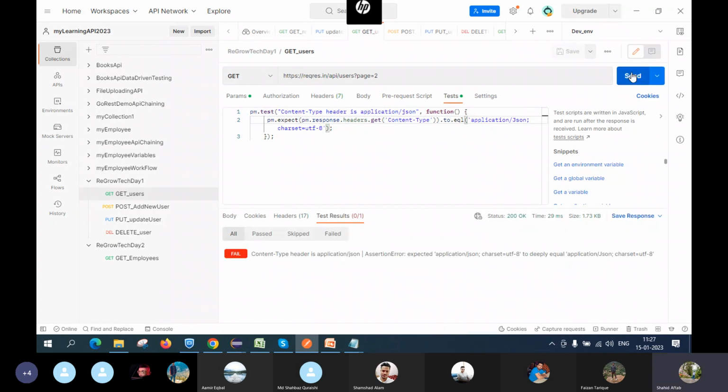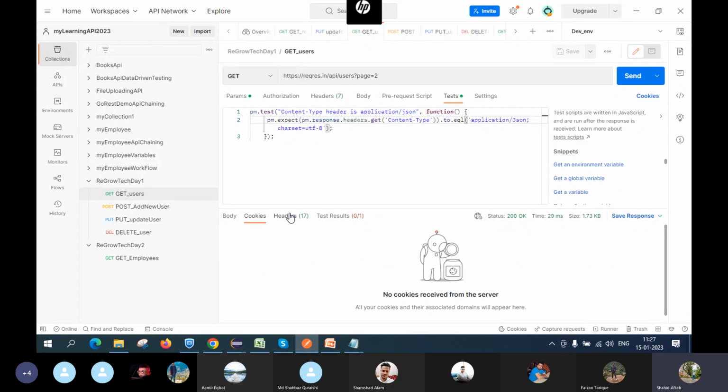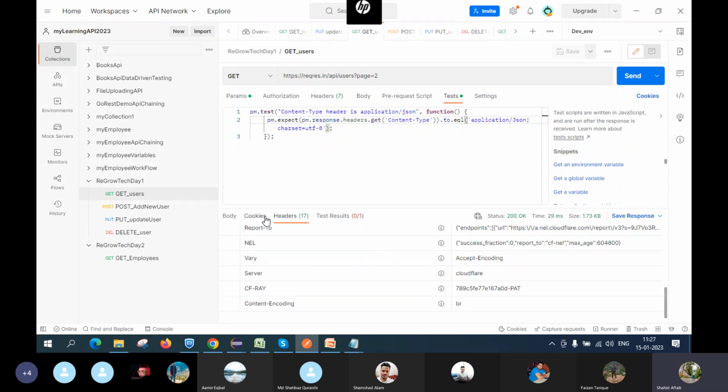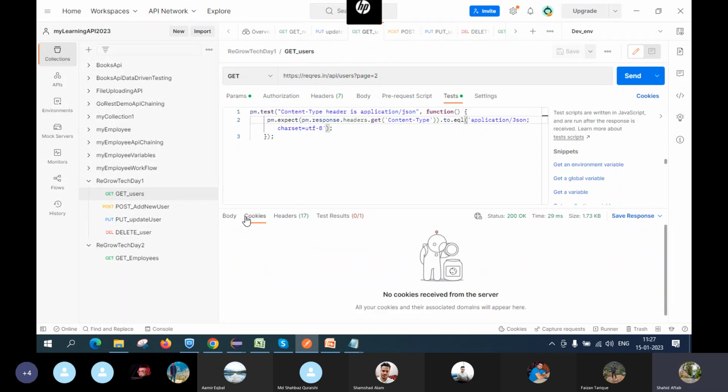दिख रहा है, फेल हो गया, ये खुद लिख रहा है, ठीक है। और अब नेक्स्ट क्या है, हेडर हो चुका है। देखो, कुकीज बहुत जगह जनरेट नहीं होते हैं, ठीक है। देखो इसमें भी कुकीज जनरेट नहीं हुआ है। कोई कोई एपीआई है जिसमें कुकीज जनरेट होते हैं। अगर अपने इंडस्ट्री में काम करेंगे तो कुकीज जनरेट होते हैं, बहुत जगह जनरेट नहीं होते हैं,